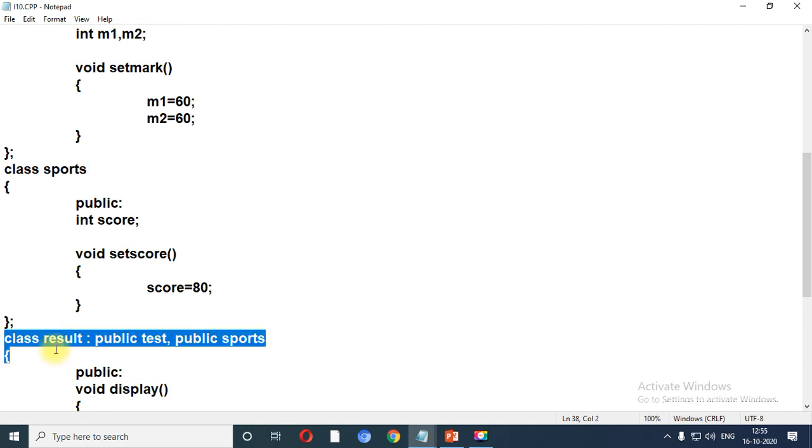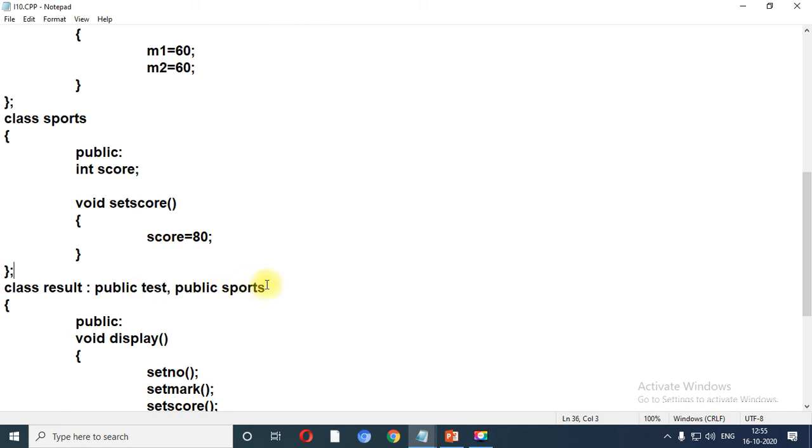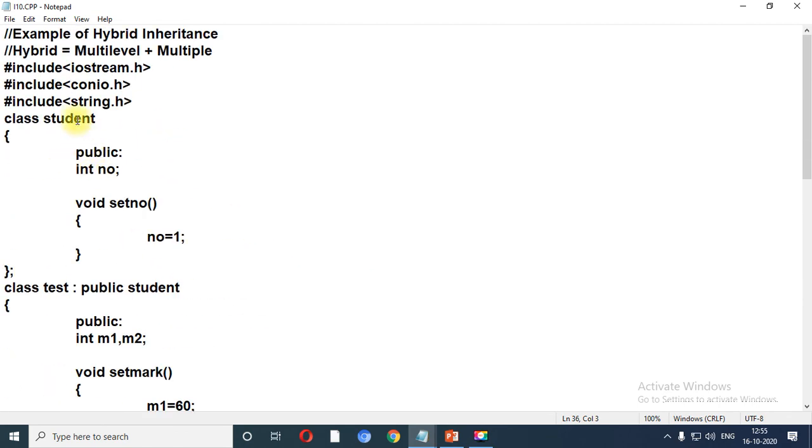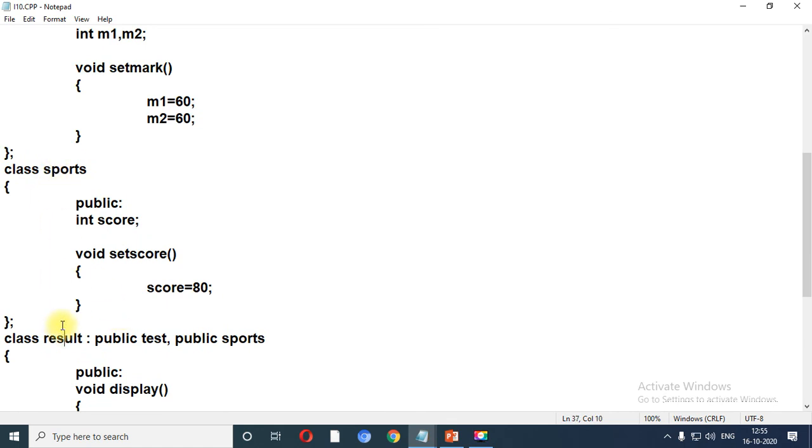And in this particular class, result class, we use test as well as sports. So from this we are able to understand that this is the example of multi-level plus multiple inheritance, because multi-level means what? Student, test and then result, and student, test, sports and result.